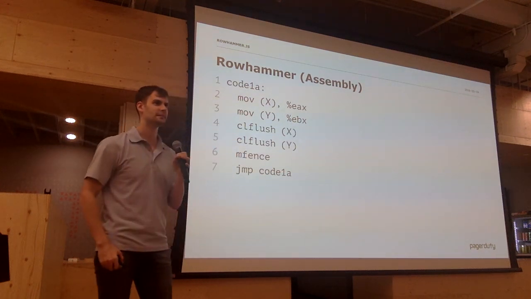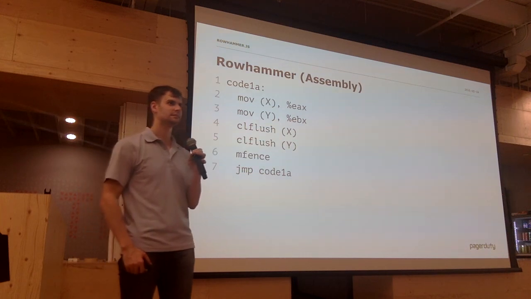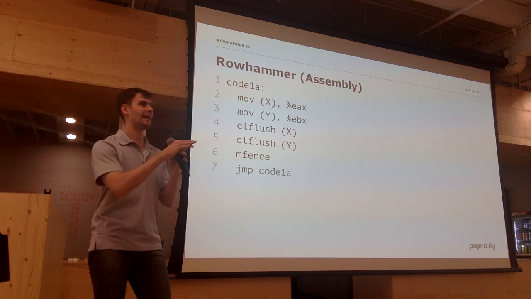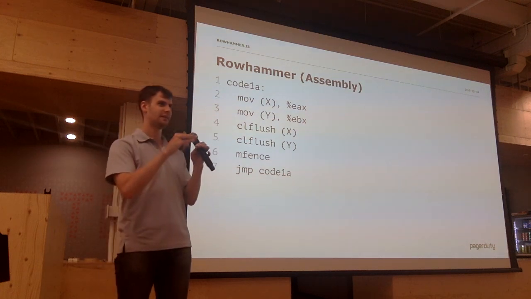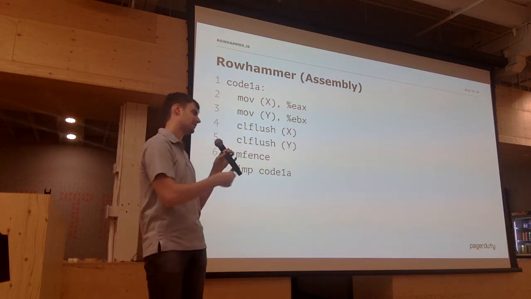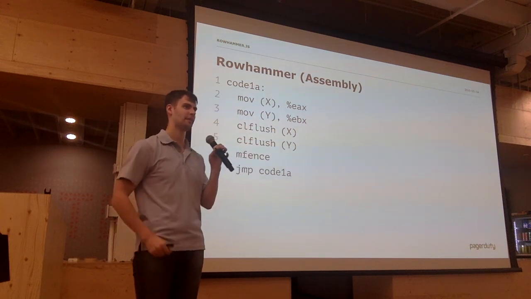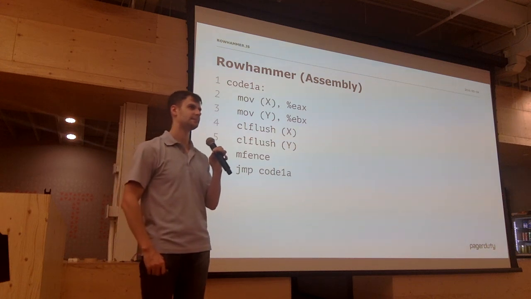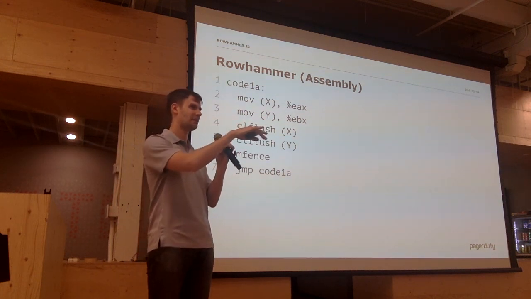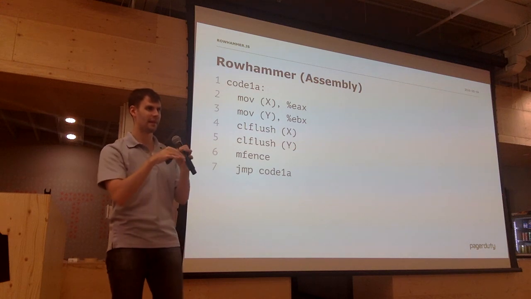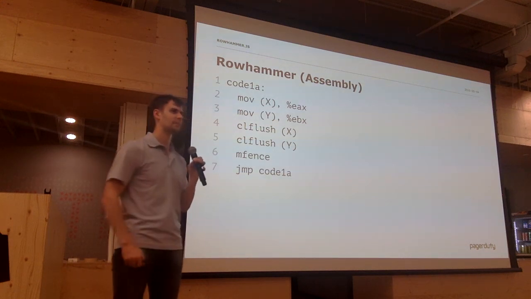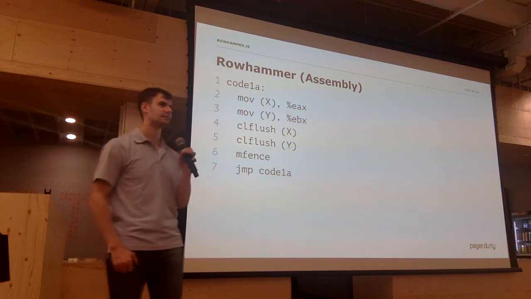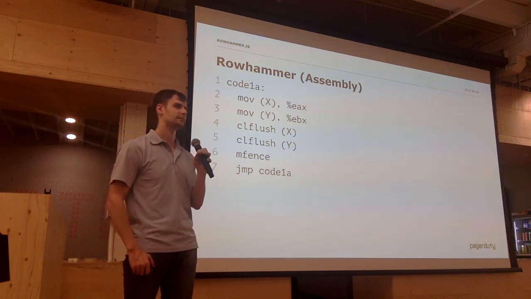So that bank only has one bit of buffer in its row buffer? The bank has more than one, but it has one row buffer. A row is just a group of roughly 2,000 bits. X and Y need to be in different rows in the same bank. Actually, sorry, I said something about cache lines before. It's different rows in the same bank. And a cache line is never going to span two banks, is that the idea? When you grab a little more memory than you need, you always grab a piece of